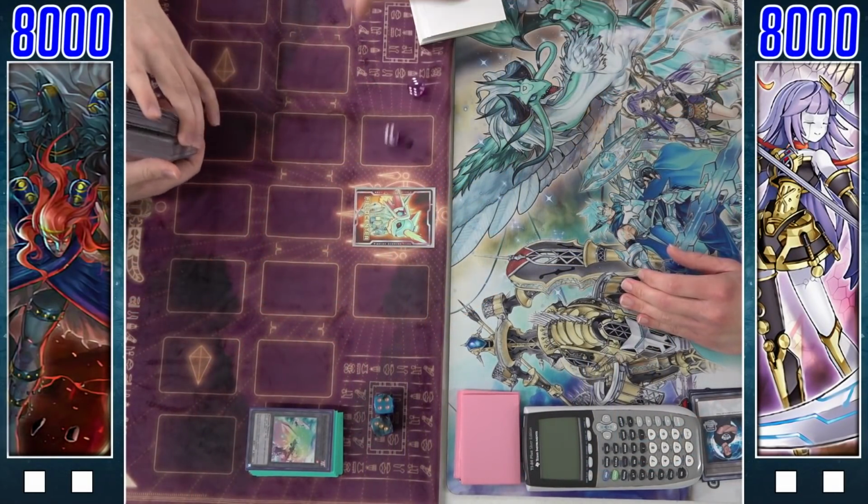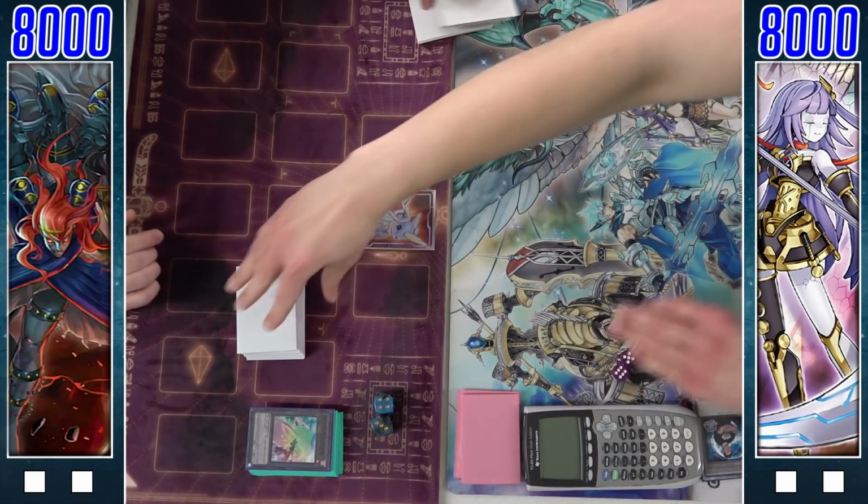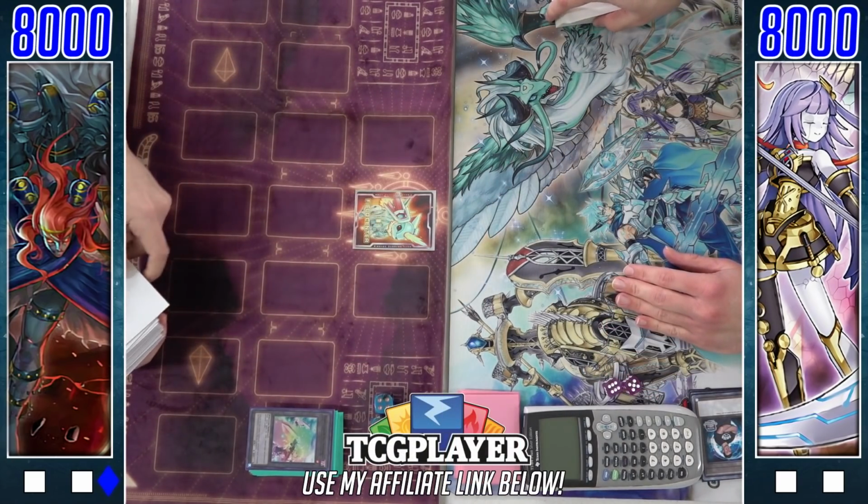What's going on, guys? Winter Kills here, and welcome back to another feature match. Today we've got BA versus Striker Orcust here in round 3, and as we get started, I want to mention,